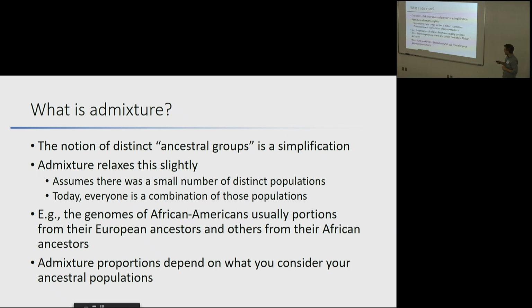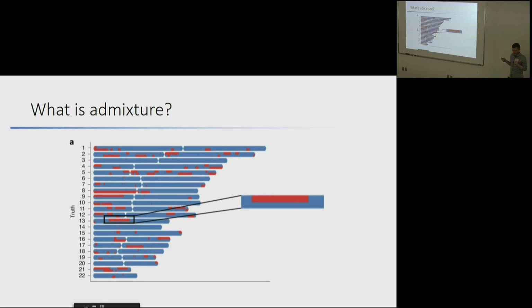I don't have time to talk about admixture, but maybe just explain why it's hard. So admixture is this idea that we try to slice and dice our data, and say these are the Europeans and these are the Africans and these are the East Asians and things like that. But in reality, we're all mixtures of a bunch of different ancestries, and this is especially true in certain populations, like the African American population. They have ancestors from the African continent and from the European continent in different proportions, and so this makes the whole idea of what ancestry is incredibly complicated.